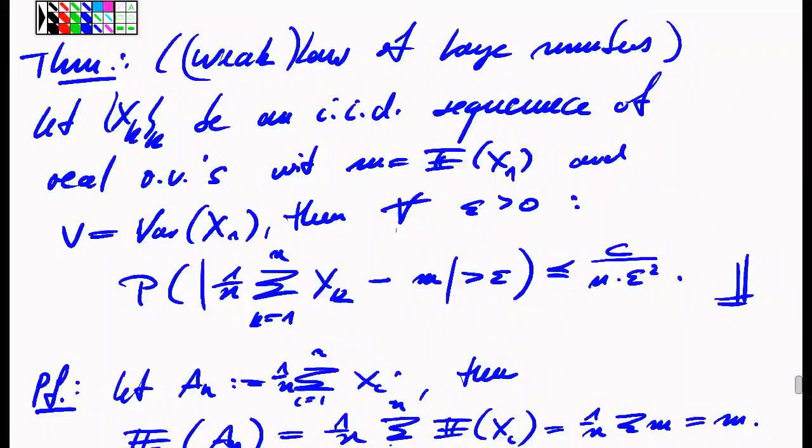Finally, we can state the law of large numbers in weak form, which shows in another way why the expected value of a random variable is important and why it appears naturally when we conduct measurements, for instance. The statement is as follows. If we have a sequence of IID random variables, and if we denote by m the expected value, which will always be the same for all of those random variables, and if v is the variance, which is supposed to be finite,